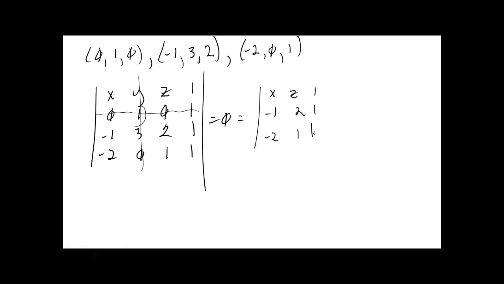Okay? Now, to do that determinant, we're just going to repeat the first 2 columns. Okay, X, -1, -2, and Z, 2, 1. And we'll do our diagonal, it's not really a determinant, and that will be 2X, gotta line up my things right, -2Z, and we want this equal to 0, okay, -1,